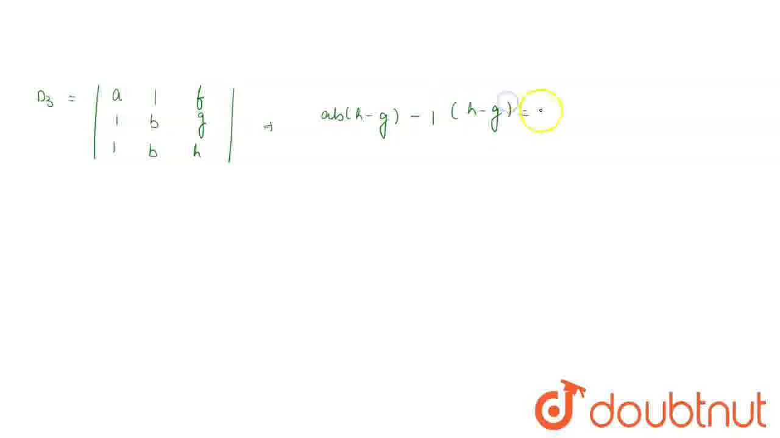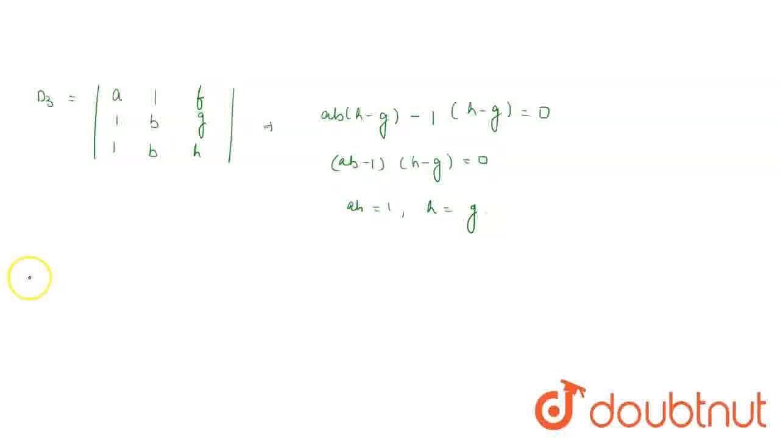For D3, A, 1, 1; 1, B, B and F, G, H. That is AB into H minus G minus 1 into H minus G, that is equal to 0. So AB minus 1 into H minus G is equal to 0. So the value of AB is 1 and H is equal to